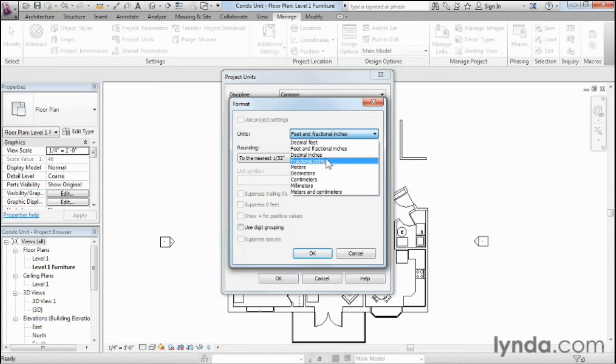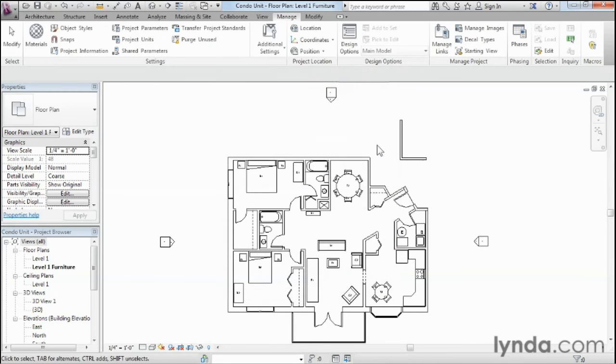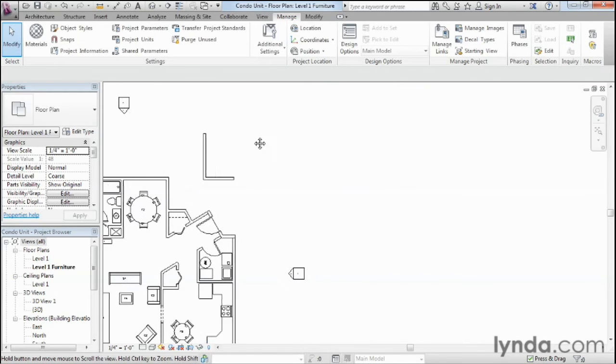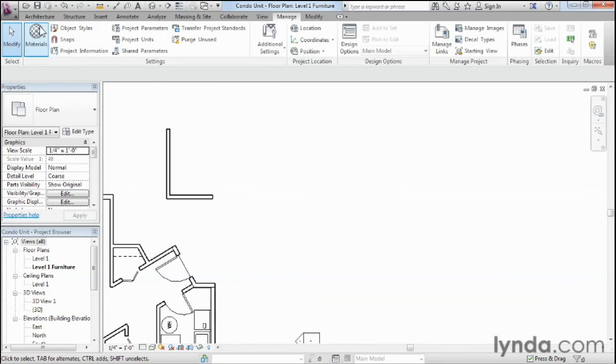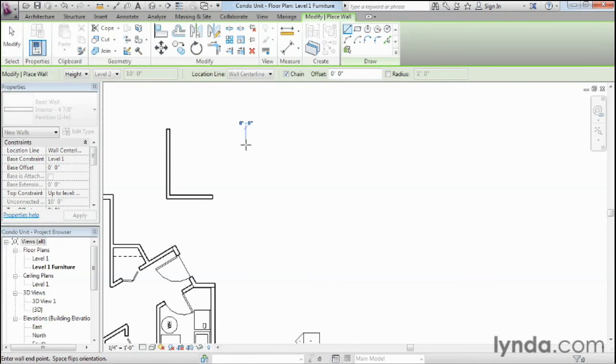So if you want both feet and inches, unfortunately, you're going to have to stick with this option and just get used to feet being the default and using a unit symbol when you want inches. So let me cancel out of here, and let's dig a little deeper into how that would work. I'm going to zoom over here, and I'm going to draw another wall